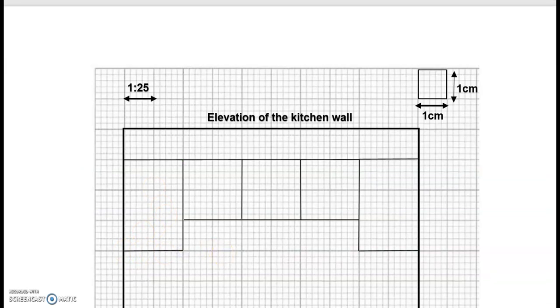So we'll label them as bigger cupboard, smaller